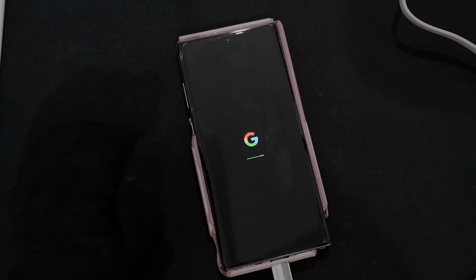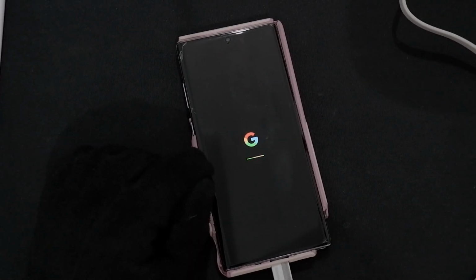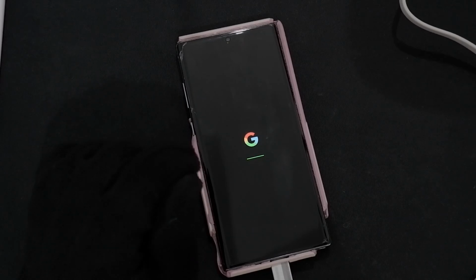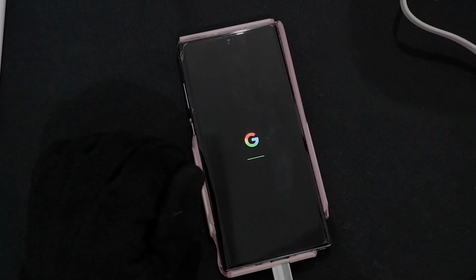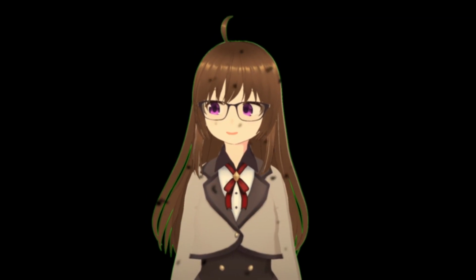When it boots up, it goes through a lot of the first time setup stuff, so don't panic when it takes quite long to start on its first boot. Usually it would take up to 10 to 15 minutes. If you're lucky, it would take shorter than that. So in the meantime, go ahead and have a cup of tea or grab some snacks while you wait for this to finish booting up.